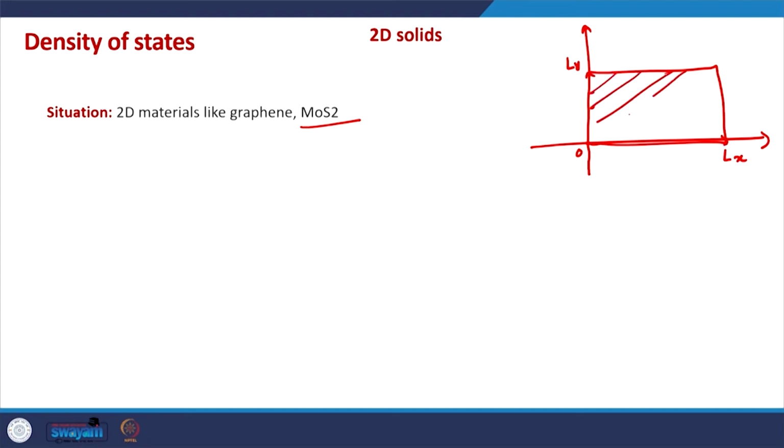This is the 2D solid. By using the same principles and the same approximations as we used in 3D materials, if we have this kind of E-k relationship, where E is directly proportional to k square, or a function of k minus a constant square, a parabolic relationship between E and k,